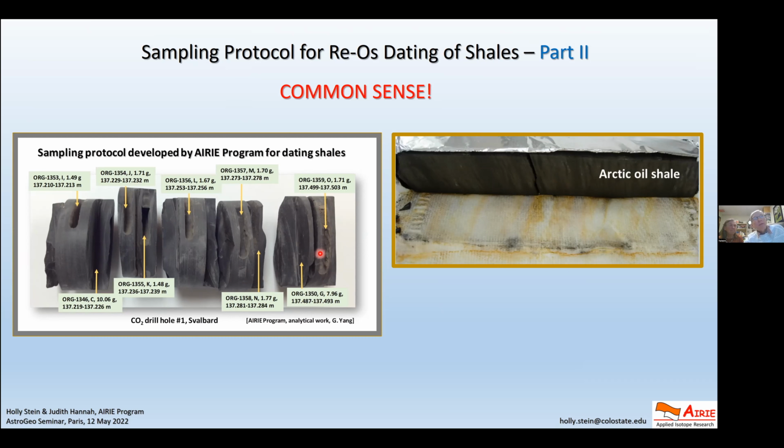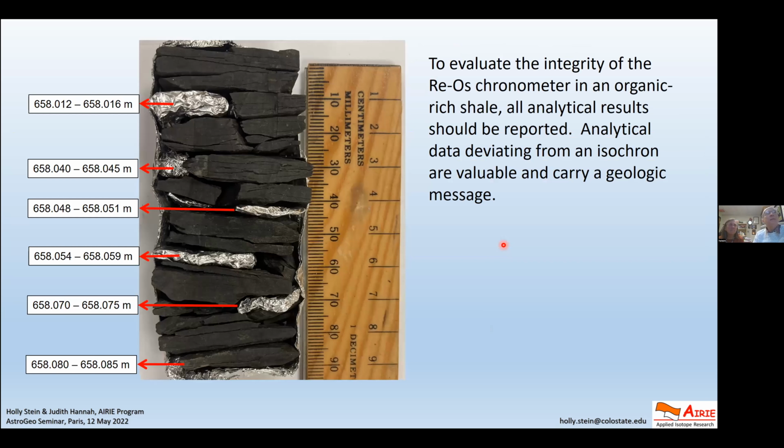And it's absolutely critical that you work with small samples, that you don't crush all of this as a point on the isochron, or, oh, heaven forbid, you crush the whole 5 centimeters and say that'll be a point on the isochron. Because what you do is you homogenize out any real geologic variation in the osmium initial ratio that may be present. I'll come back to this a little bit later. But common sense sampling.